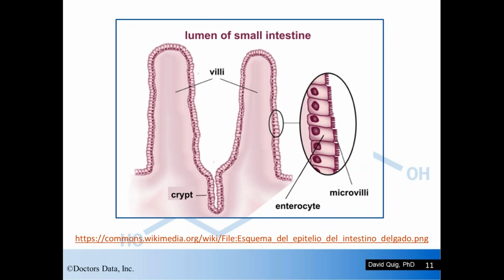Now, we've been looking at the epithelial lining as a linear surface, and we all know that that's not the case. We have this tremendous amount of convolutions within the intestines of the villi, such that we have a huge, huge surface area. And if you look closely, you can see that on the villi is the single cell layer thick tissue that is the endothelial cells. And these are specialized columnar-like epithelial type cells.